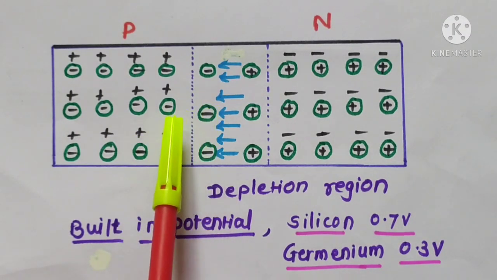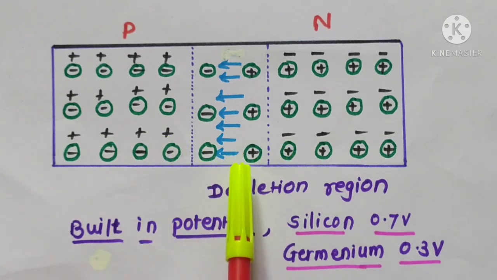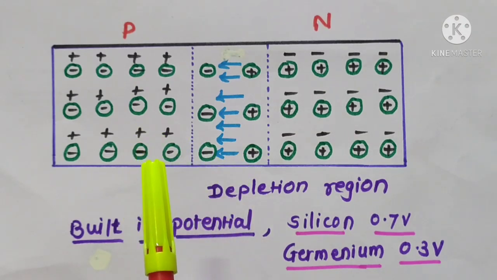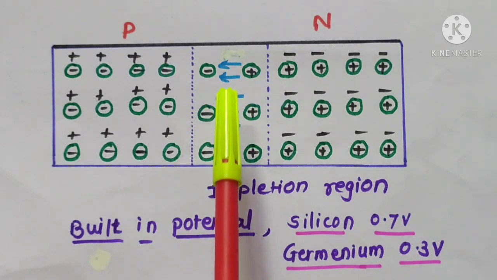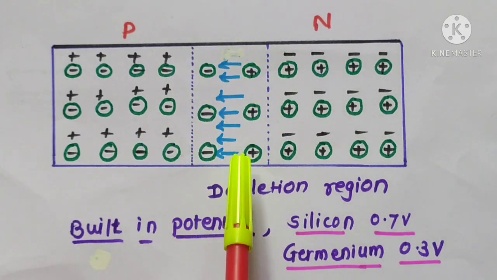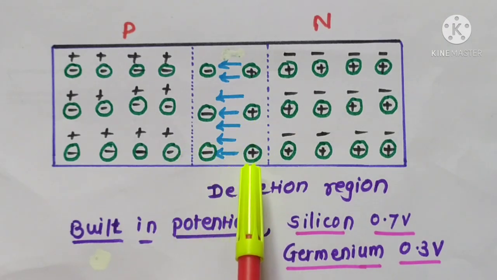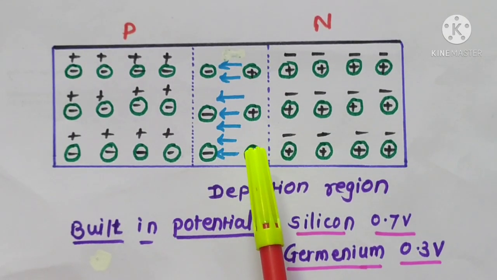If the majority charge carriers on both sides, that is the n side and p side, want to cross the depletion region, then they require an external biasing voltage. So if we apply the external field in the same direction as the built-in electric field, that is, if we apply a voltage in the same direction as this depletion or built-in potential, in that case this depletion region will provide more resistance to the majority carriers.